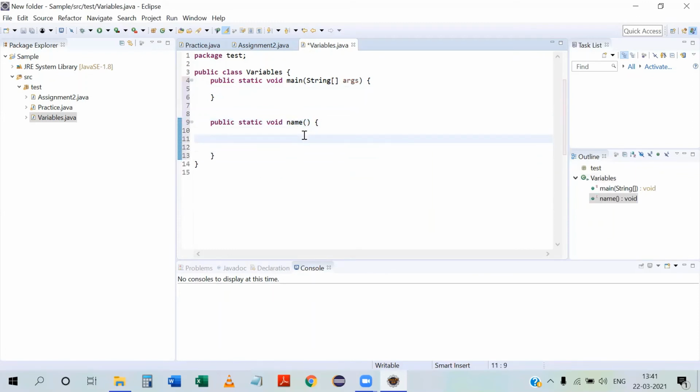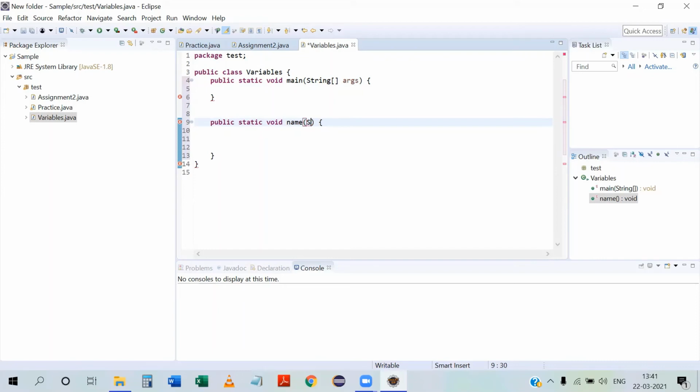Now you have to pass a parameter. Where do you pass the parameter? Inside the function bracket. Pass it as a string. Any name. It should be followed by String, then the name.